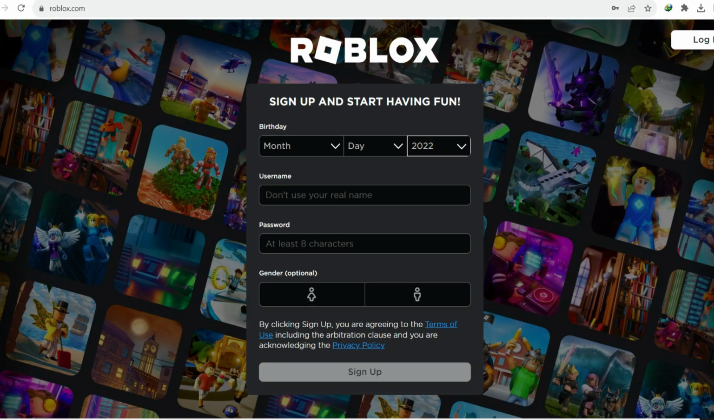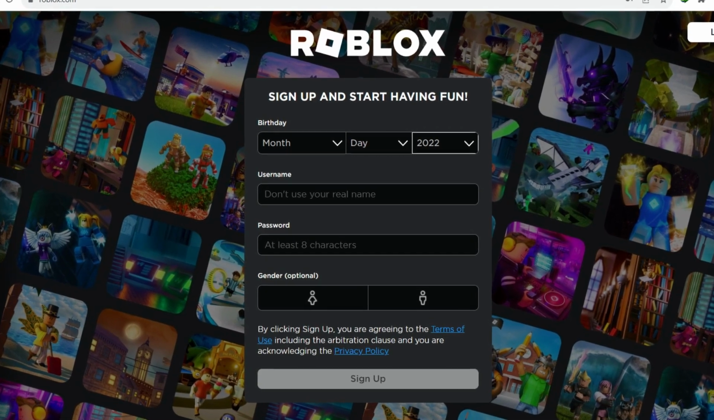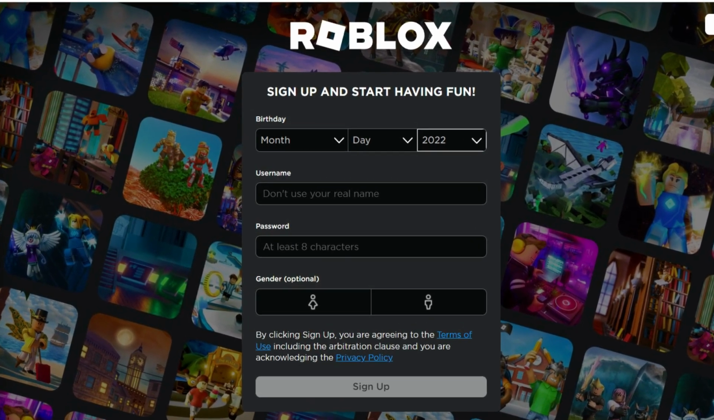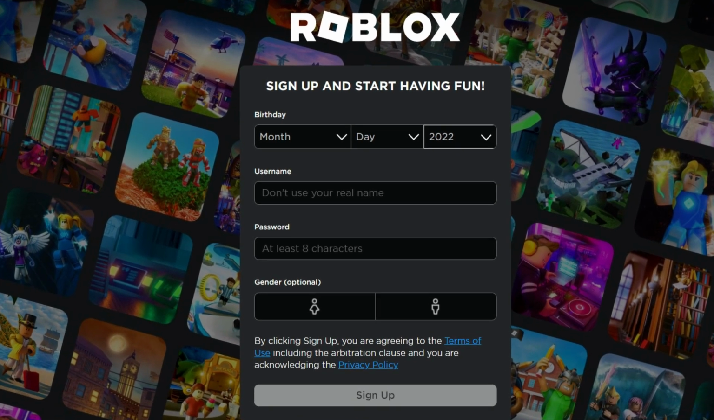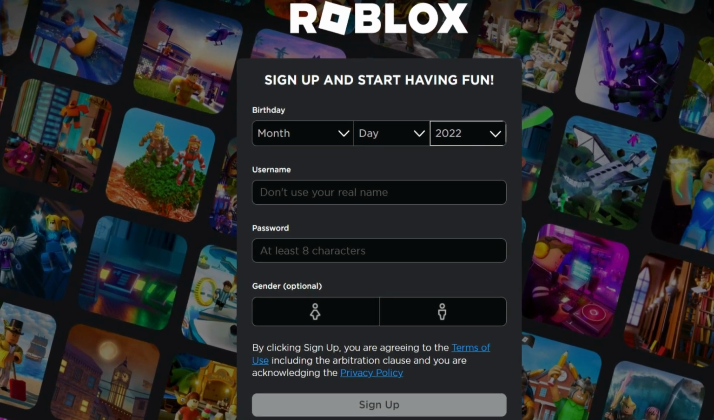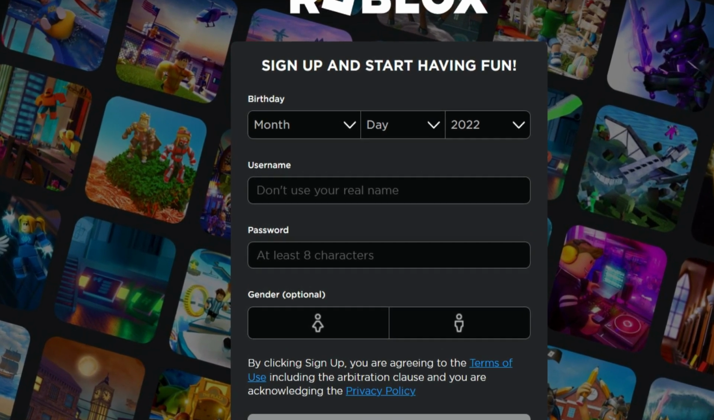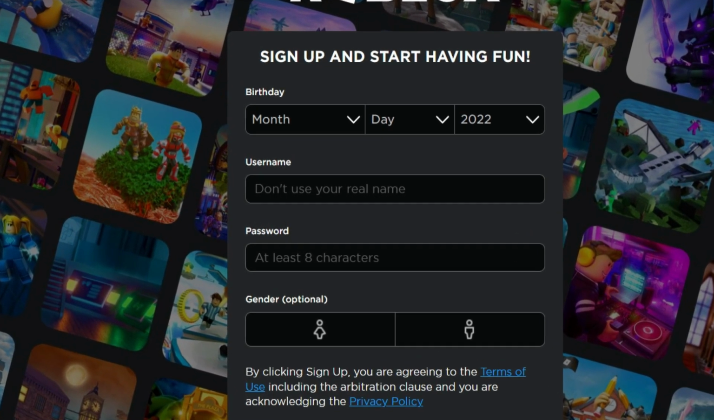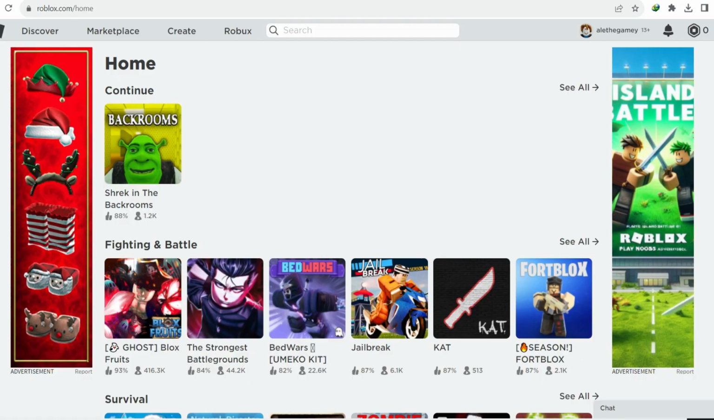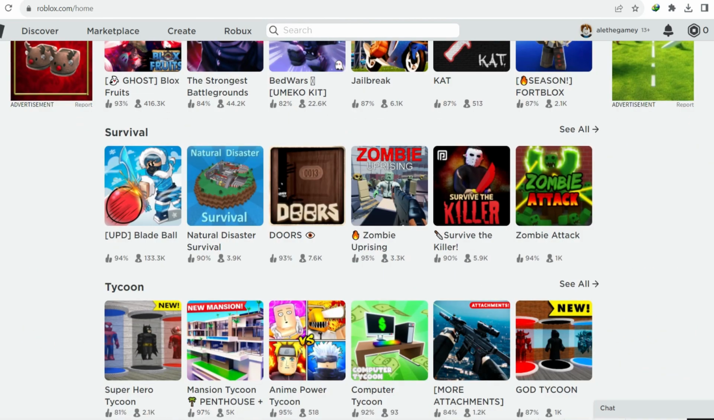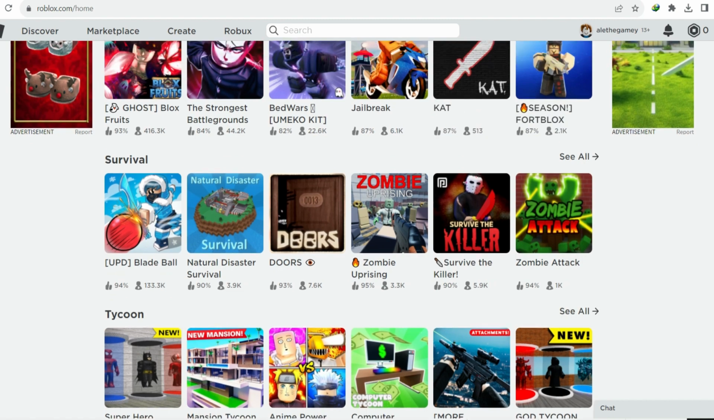However, if you are new to Roblox and need to create an account, the sign-up process is straightforward. Fill out the required fields in the sign-up form, which typically include your birthday, a preferred username, a secure password, and a gender selection. Once you complete these steps and agree to the terms and conditions, your Roblox account will